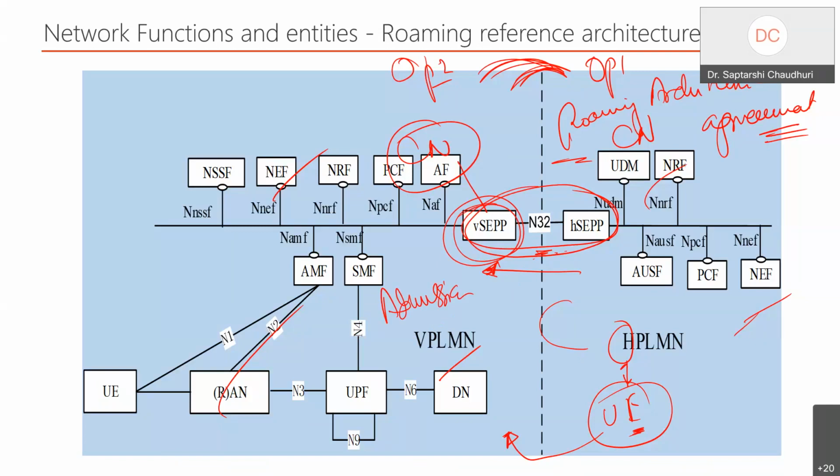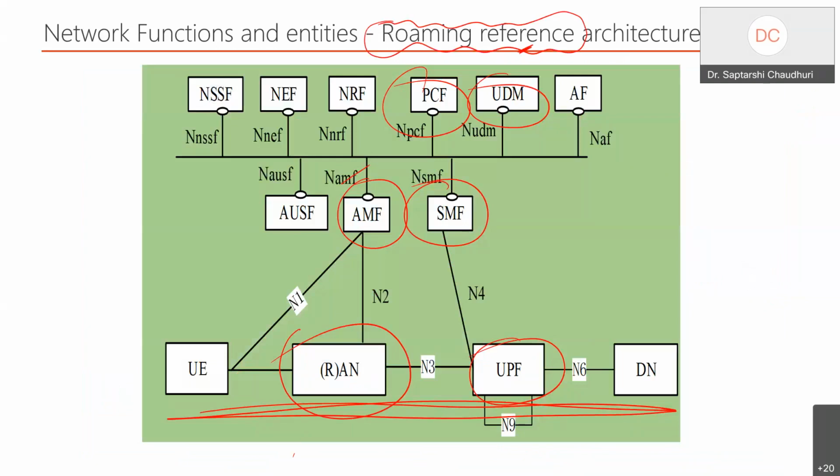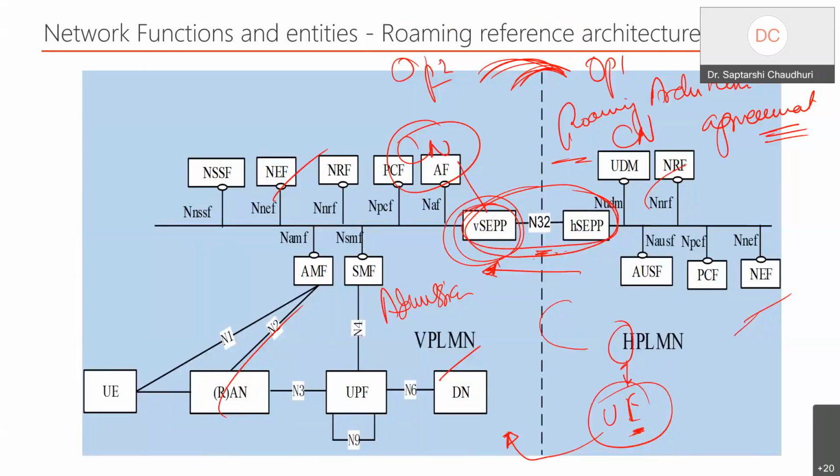So that is where we need to think that when an operator works in a standalone mode, I can still do it. I don't need any roaming agreement. But if I want to get into a roaming agreement, I have to have this entity functionality in place to do my roaming architecture as part of it.